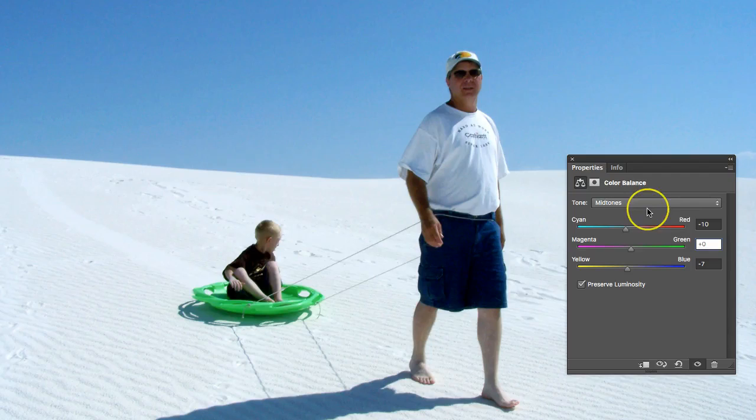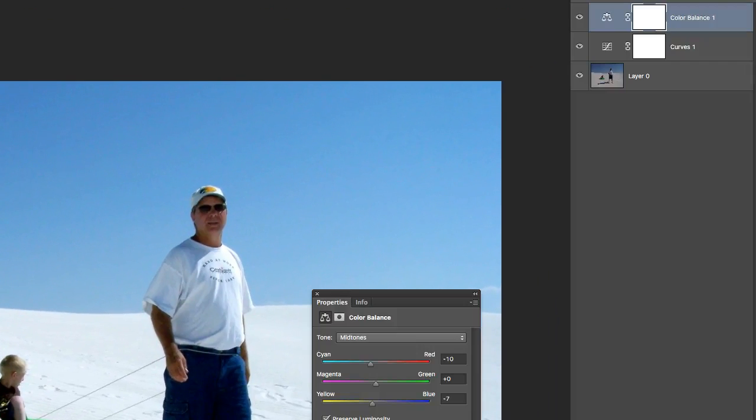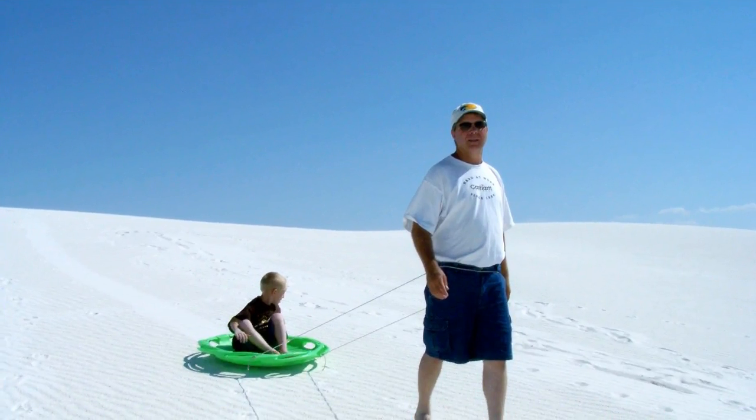The other thing you can do when you're working on this, you can always go over to your layers palette and click on the eye on the left hand side, which will show and hide that layer, so you can see what it looks like without it and with. Now there's not a huge difference, but it's enough to make a difference in the image that we're working on. So I'm going to move back on here